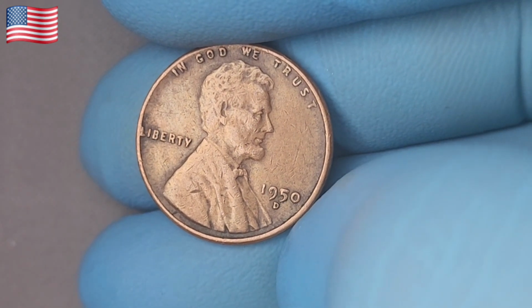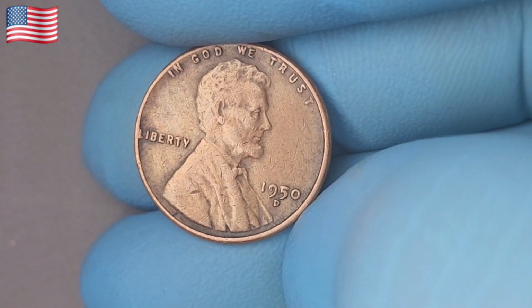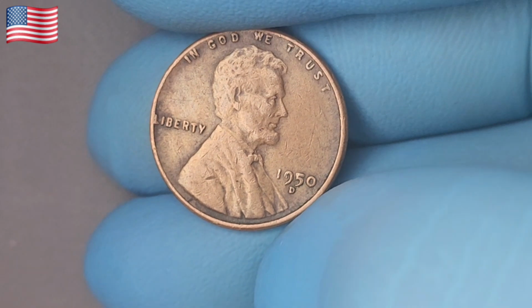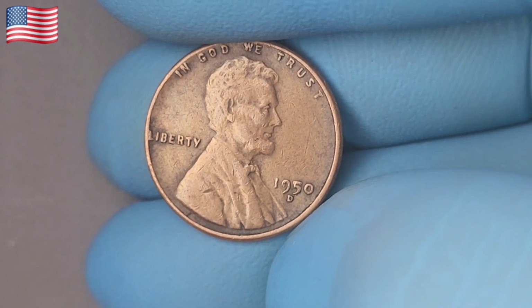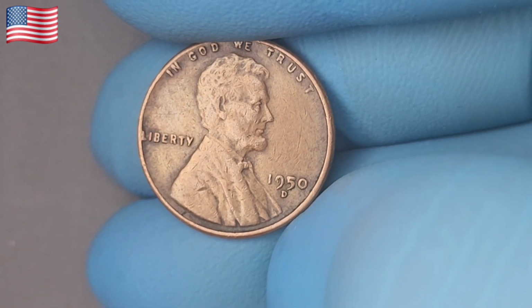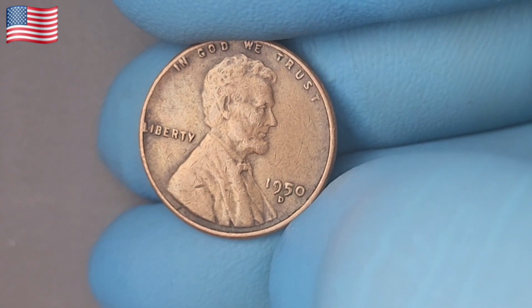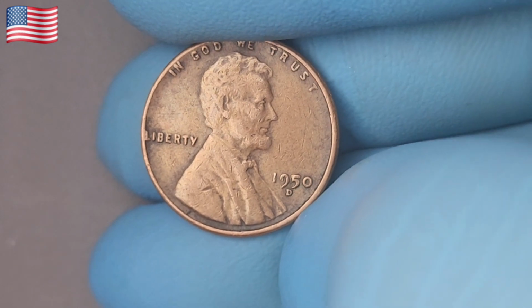Here's a collector's tip: always weigh your penny. A standard wheat cent should weigh about 3.11 grams. If your 1950 penny is significantly lighter, it could have been struck on the wrong planchet, which is an extremely rare and valuable error. And now, a question for all of you watching: have you ever taken a closer look